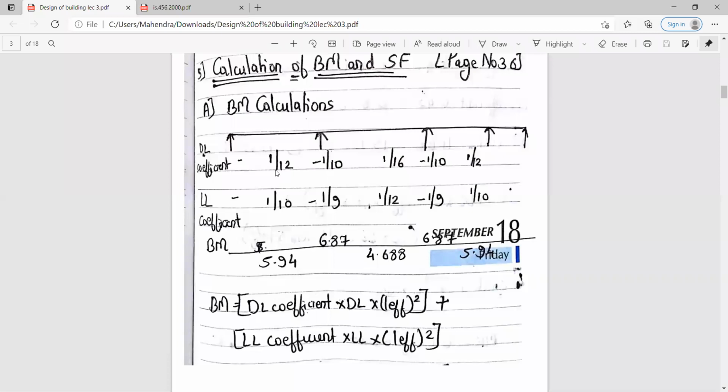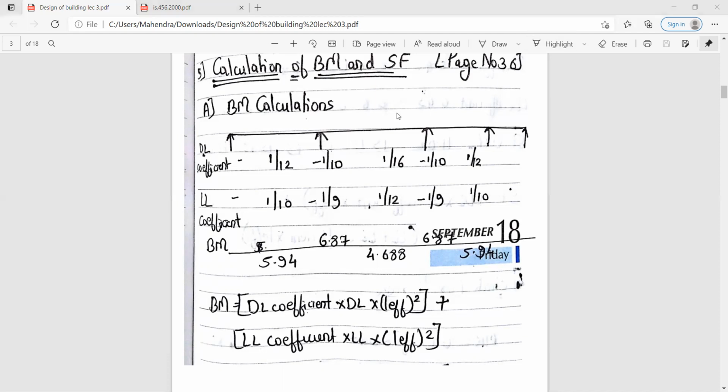So you will take it as 1/12 into dead load. Dead load comes up to be 6, the factored dead load you got was 6. Then L effective is 2.5. So 2.5 squared, plus live load coefficient, that is 1/10 into live load, that is 4.5, into L effective squared, that is 2.5 squared. In this way, we had calculated all these values for the bending moment for all the spans.